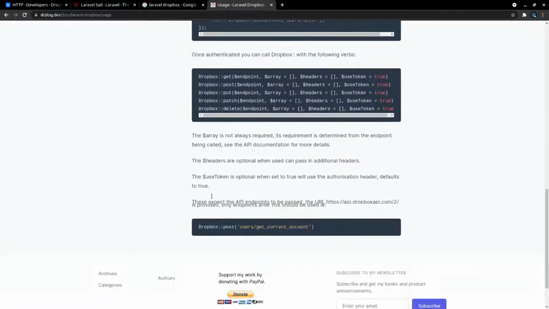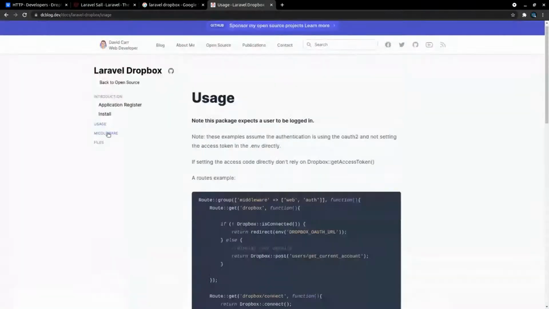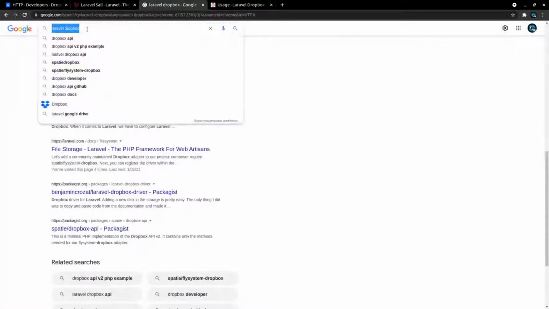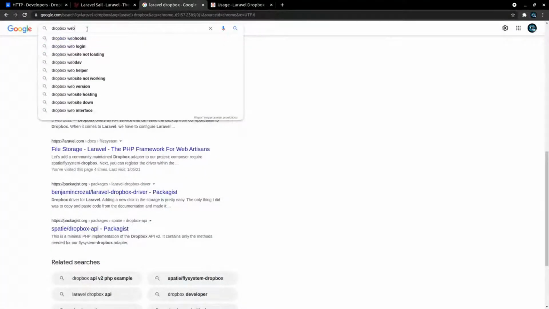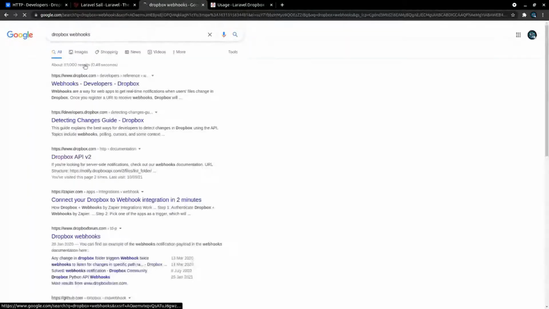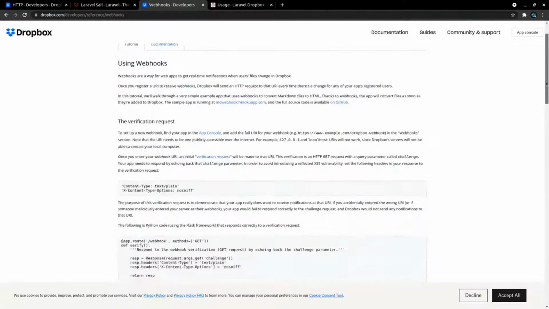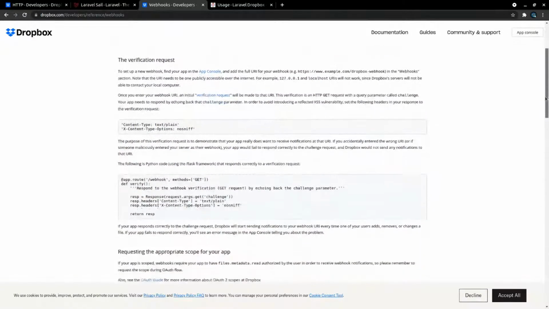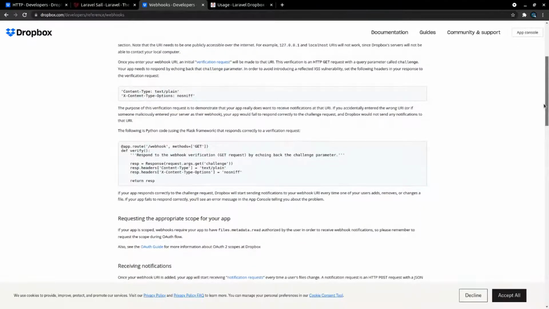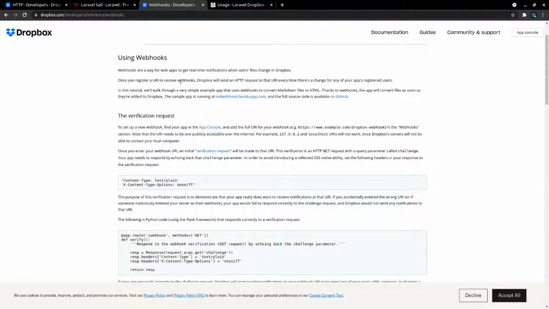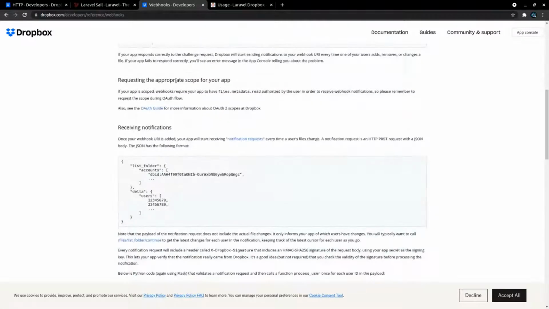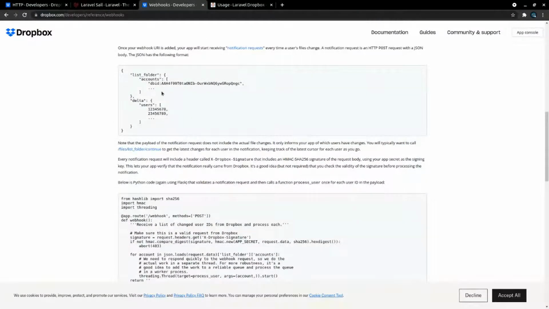Cool. All right. What about webhooks though? Does Dropbox have webhooks? So let's look up Dropbox webhooks. Because what we probably actually want to do is just create a webhook that watches for those folder changes. Receiving notifications.